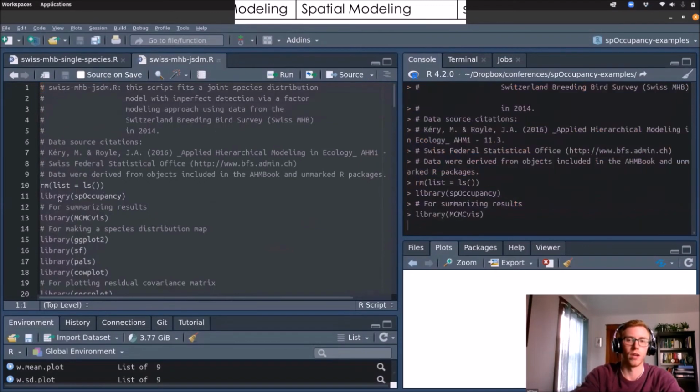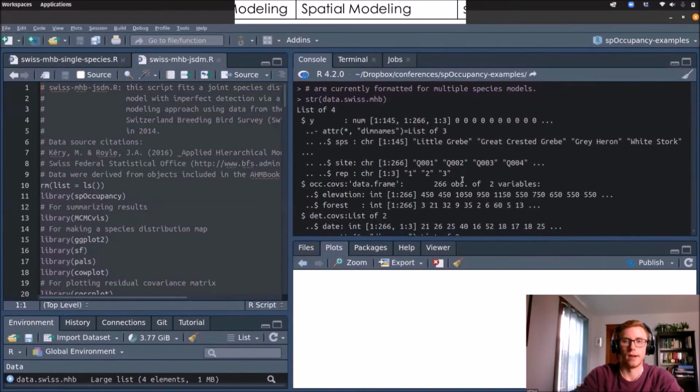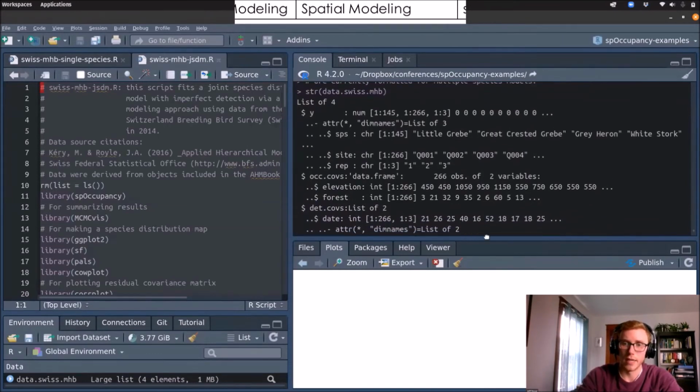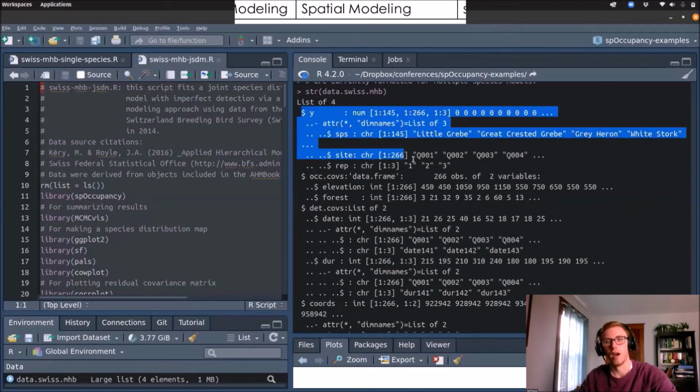Okay, so just do this really quickly. If I load that, what we'll see is the data object, this data.swissMHB. This is an object formatted for multi-species models. The main thing I want to mention, the only difference, is in how we specify the multi-species detection, non-detection data. I think this is the trickiest part of fitting a multi-species model in spOccupancy: formatting the detection, non-detection data. And how we do that connects back to what I mentioned in the slides with those